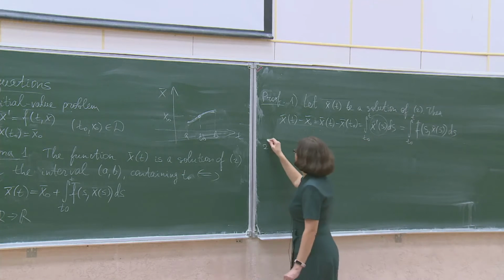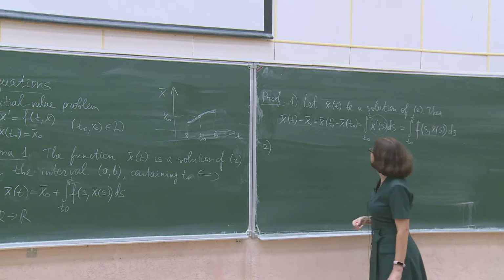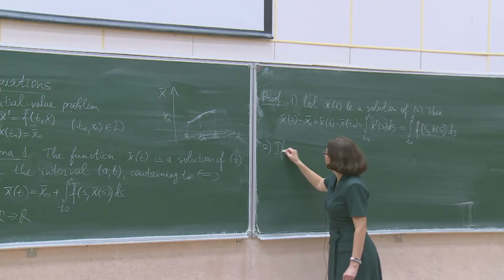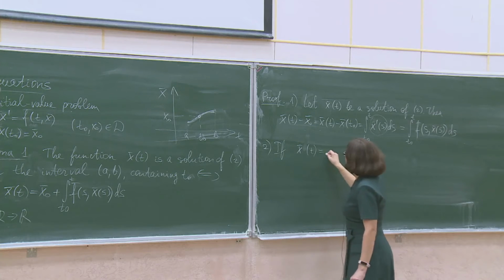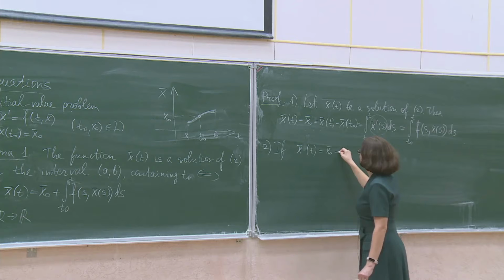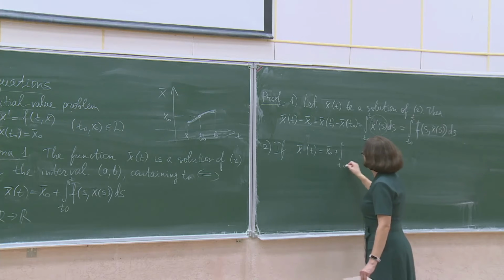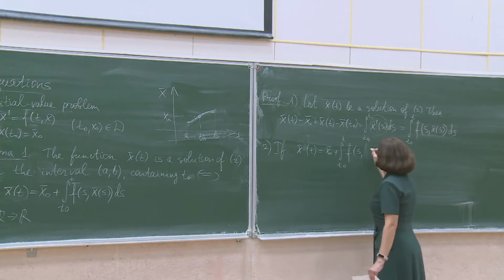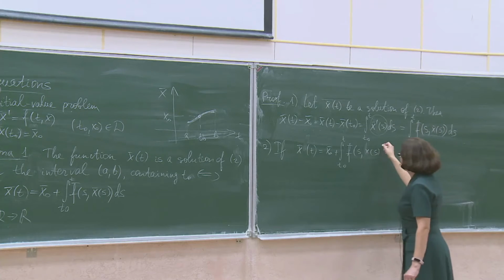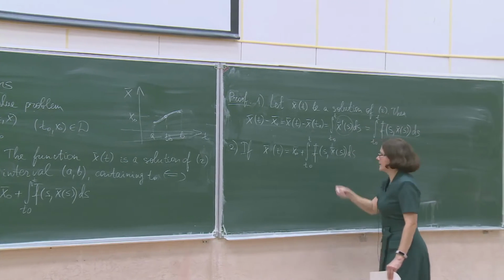So it is proved. Conversely, if x of t is equal to x0 plus the integral from t0 to t of f of s, x of s ds,